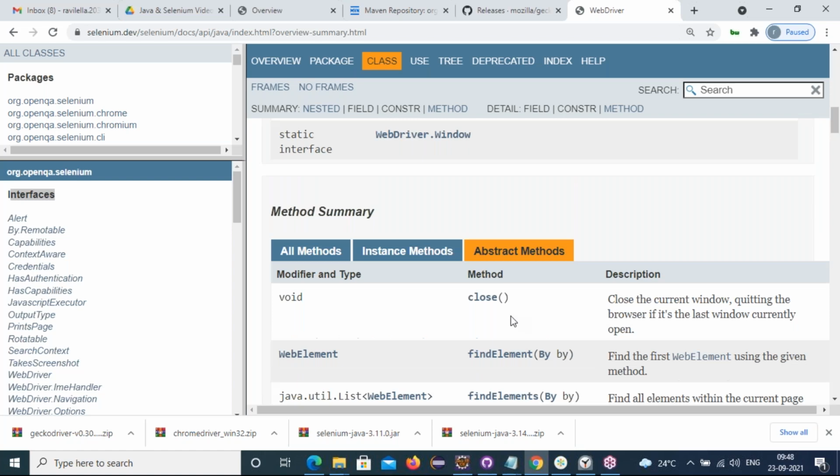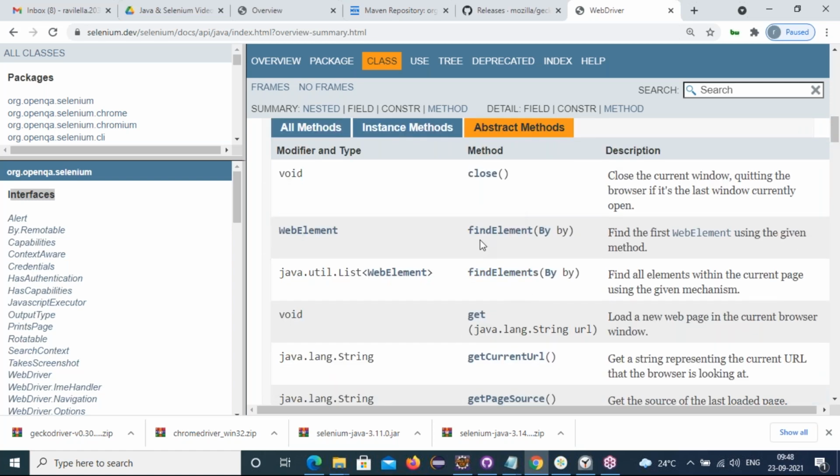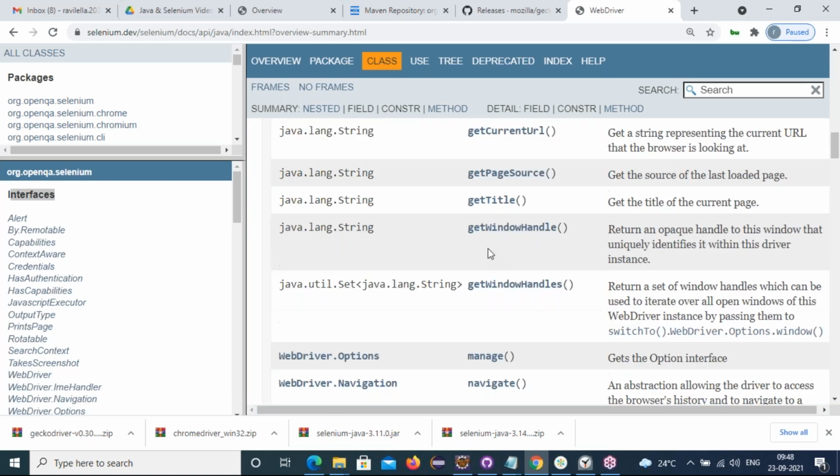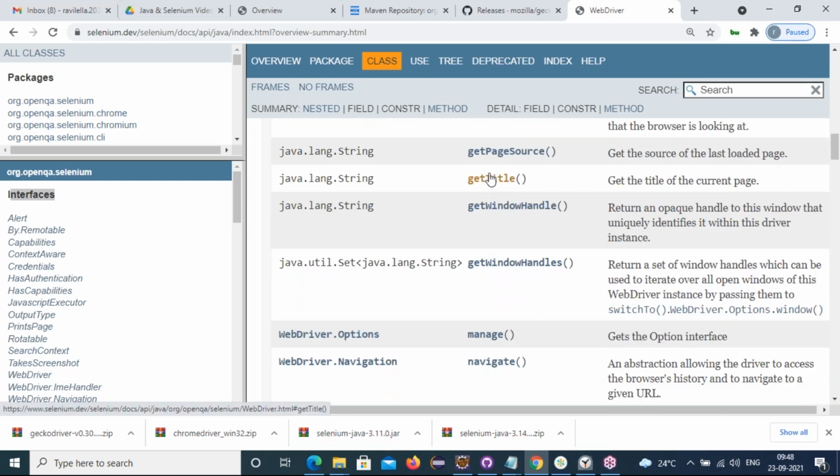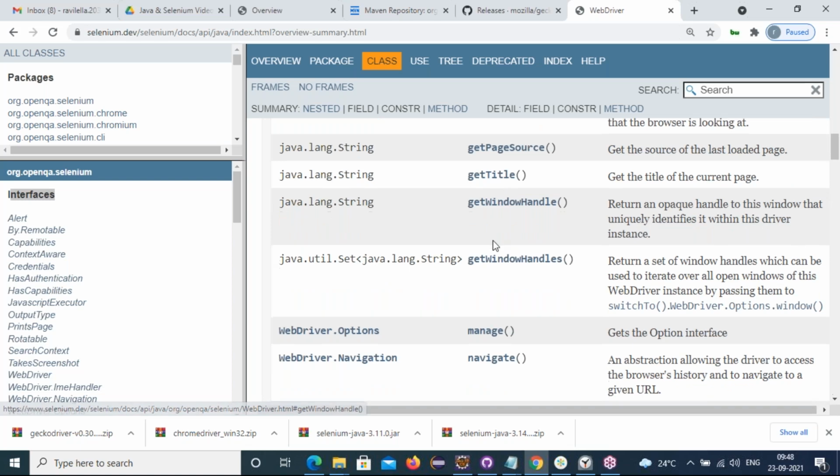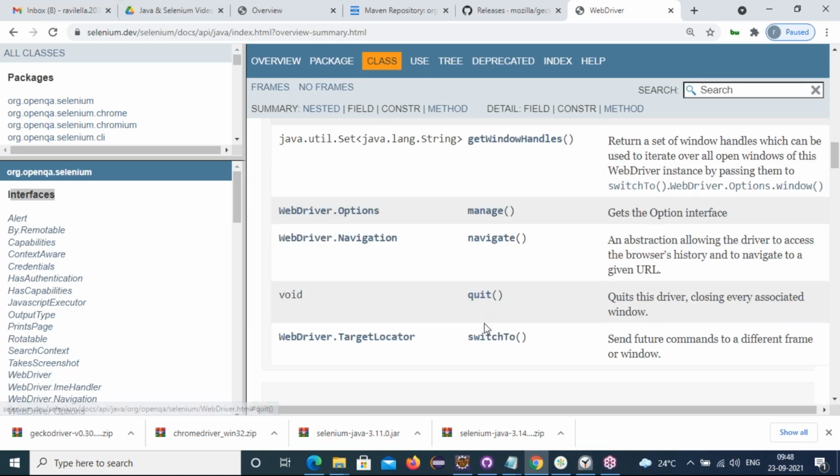Yes, fine. With these operations we can find elements on the Chrome browser, we can find elements in the Firefox browser, and we can close the browser in Firefox or Chrome anywhere. Okay, we can get the title of the application in any of the browsers. Now we can pick the browsers, and we can switch from one window to another window. So all these operations can happen in any of the browsers.